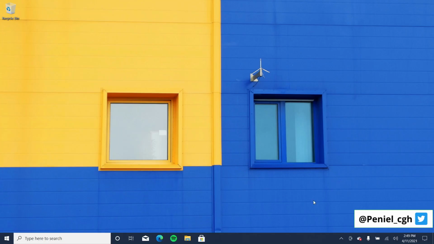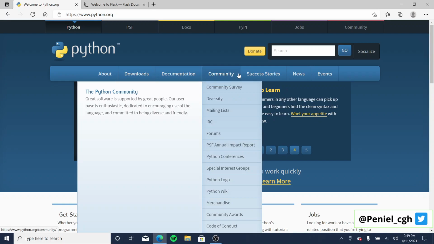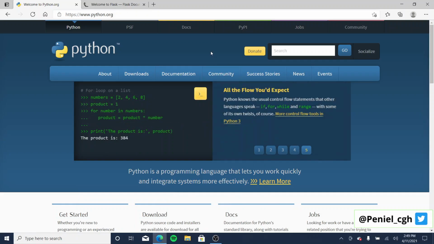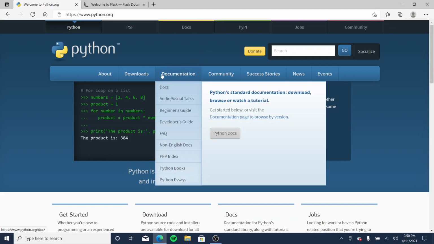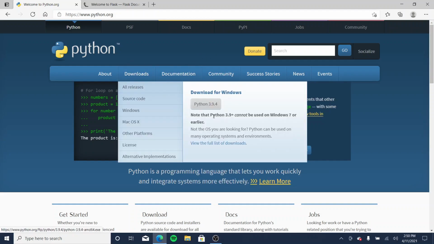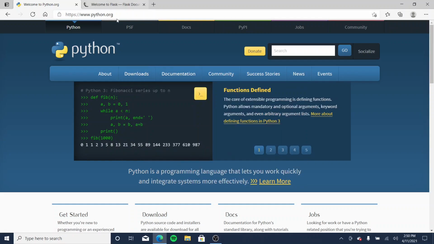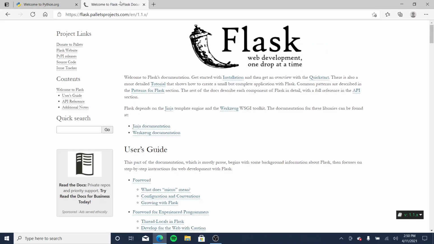Okay, without wasting much time, let's look at how to download and install Flask on your system. So first, you have to download Python on your system to be able to code along. Of course, Flask was written in Python. At this time of recording, Python is at version 3.9.4 currently. So make sure you download that for the right operating system, and also move on to